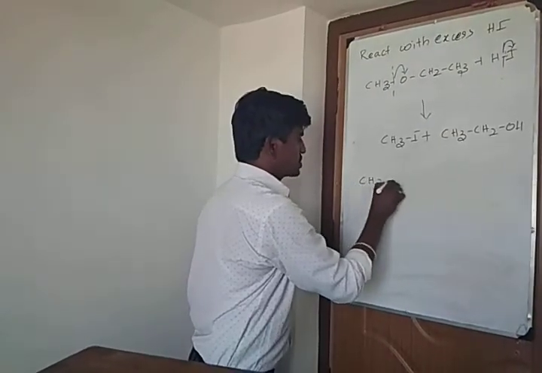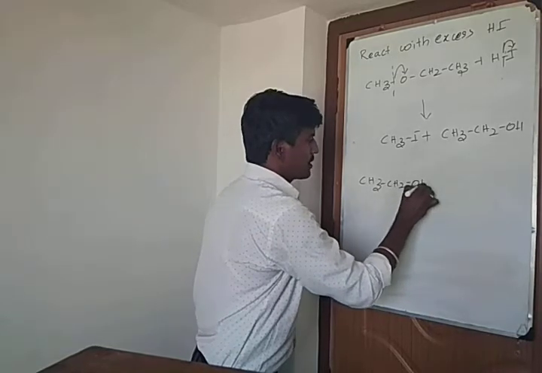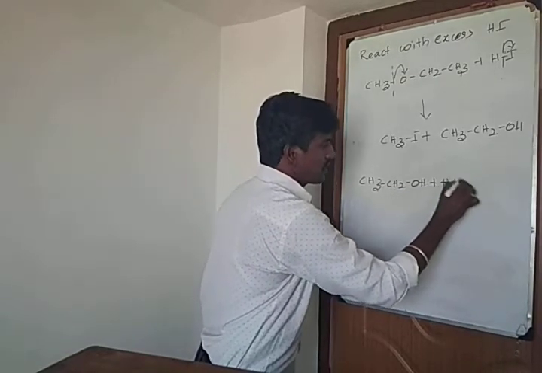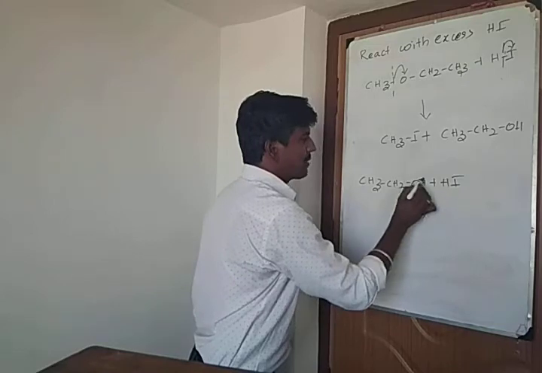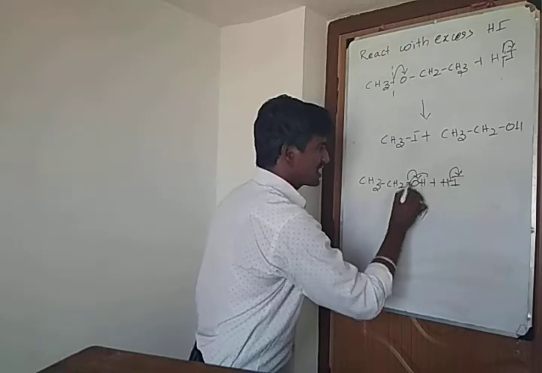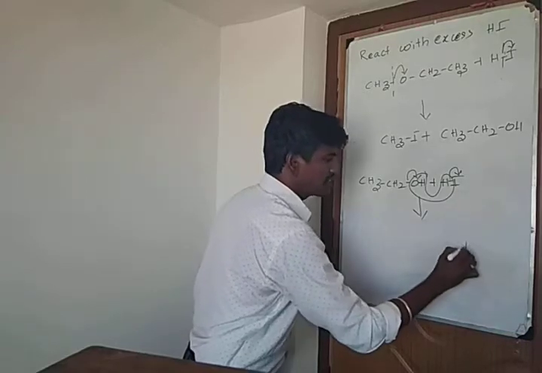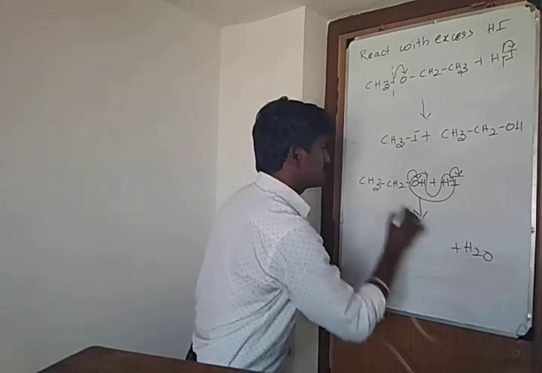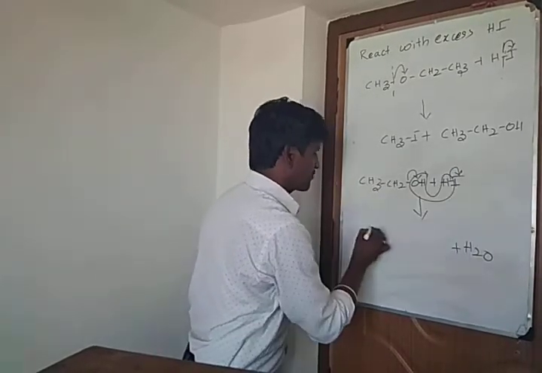CH3CH2OH plus HI. What will happen? Here OH minus, here I minus. This OH minus combines with H plus to form 1 mole of water. C plus I minus bond formation gives